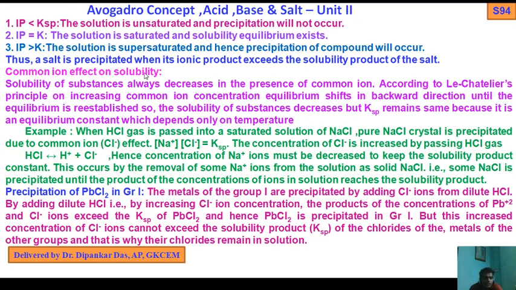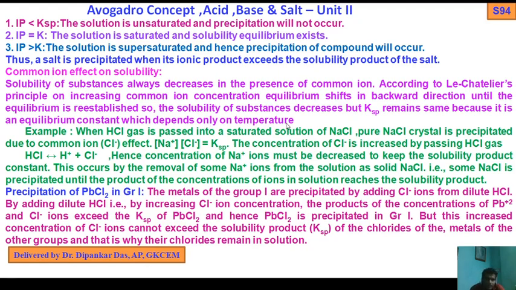So, common ion effect on solubility. Solubility of a substance always decreases in the presence of common ions. According to Le Chatelier's principle, on increasing the common ion concentration, equilibrium shifts in the backward direction until the equilibrium is re-established. So the solubility of the substance decreases but Ksp remains the same